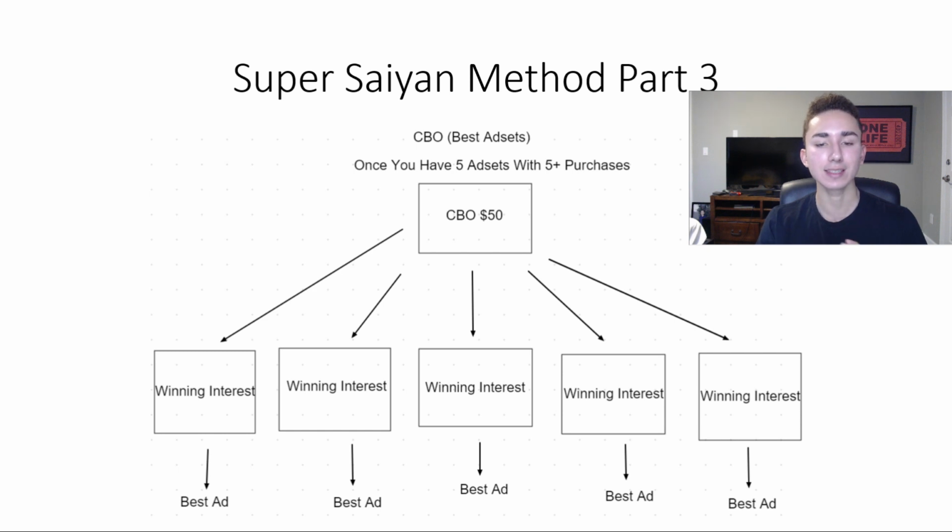So this is exactly what you're going to do. Now, if you have a higher budget, then don't start at 50. 50 is just like, I would say the minimum required, that's limping in, but if you have more money, then the fastest way to scale is starting at a higher budget, at $100, $200, $500, that's perfectly fine. So for me personally, I start around $500 with CBOs when we get to this level, because it just gives you data a lot faster. But when you're first starting out, it's perfectly fine to just do $50,